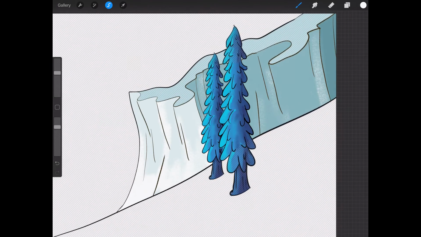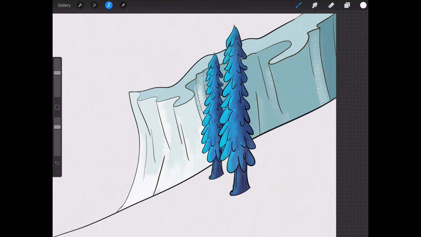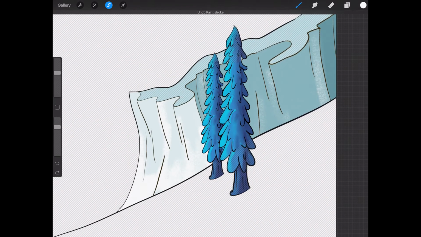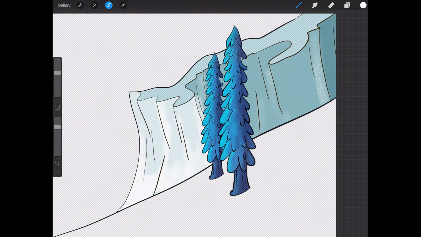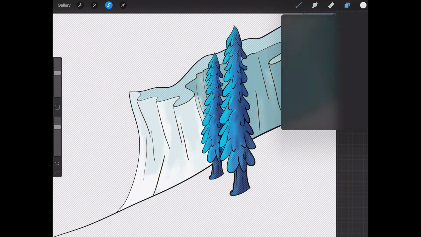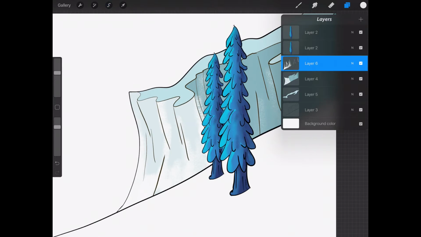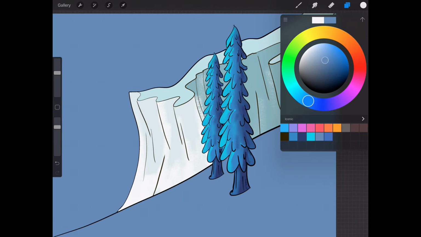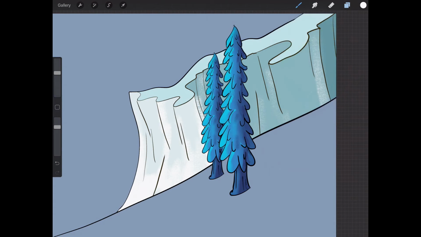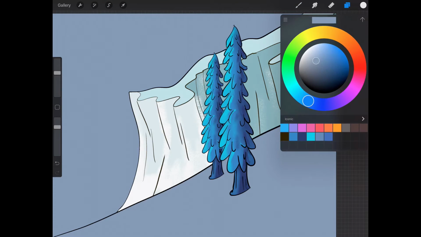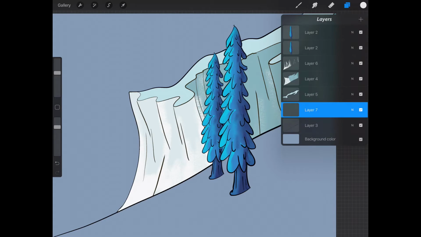At some point, it'd be kind of nice to know what the background sky was going to look like, so I can sort of match some of this to that. I'm trying to undo. And let's just go ahead and see what it'll look like. Let's pick out a good background color. Let's go ahead and add another layer,